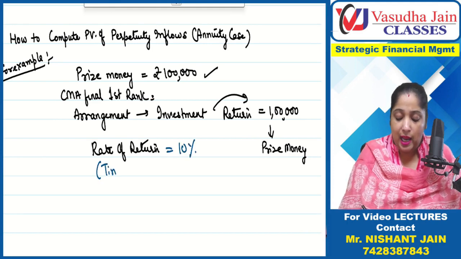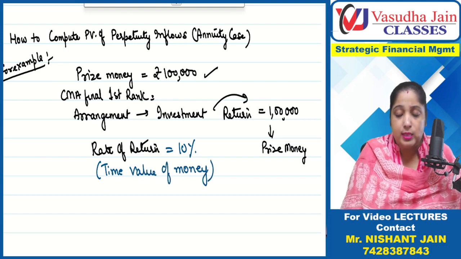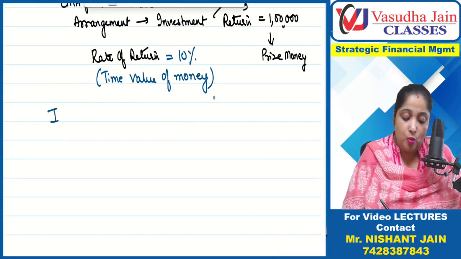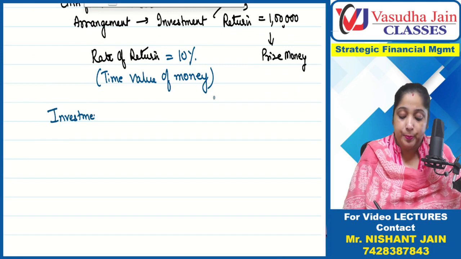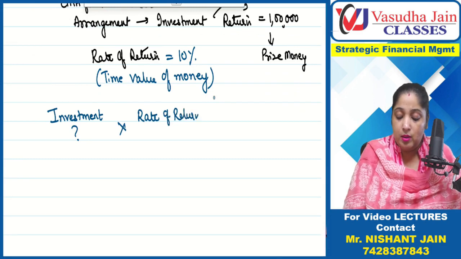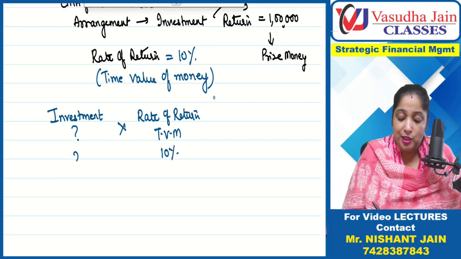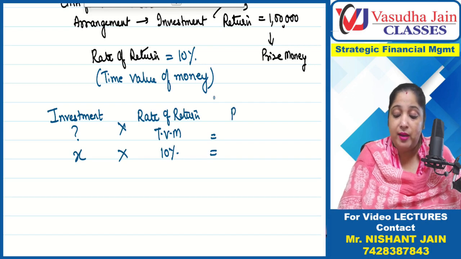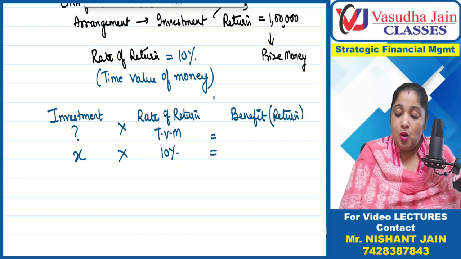So this is basically time value of money. Money is growing at this rate. So I am asking the bank, how much investment should I make, if the rate of return, which is called time value of money, is 10%, so that every year I get a return, or a cash